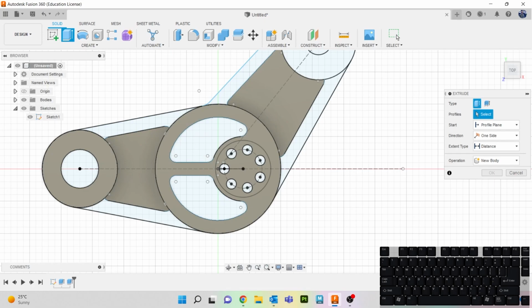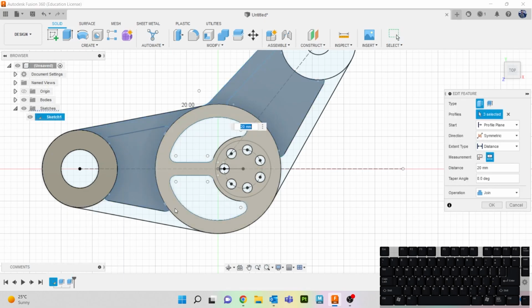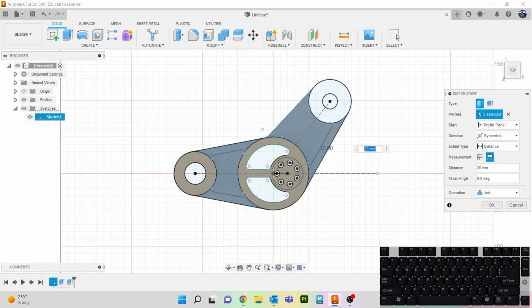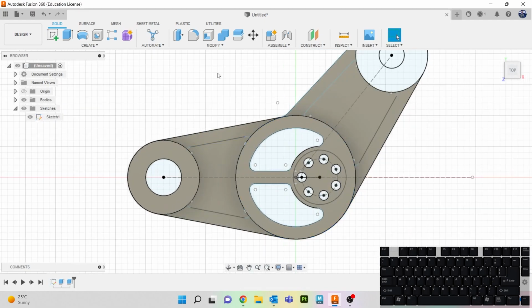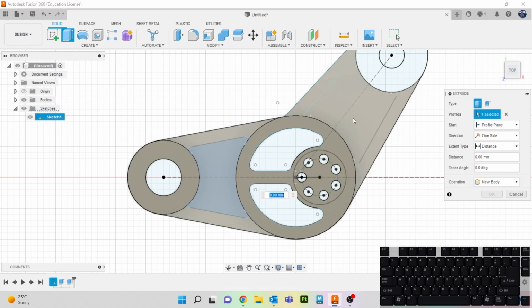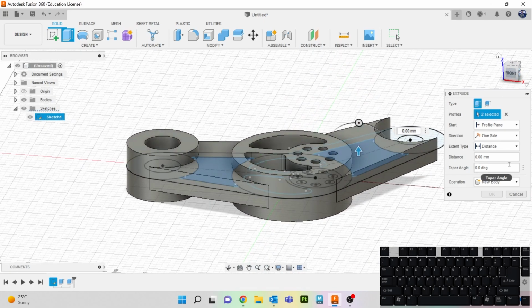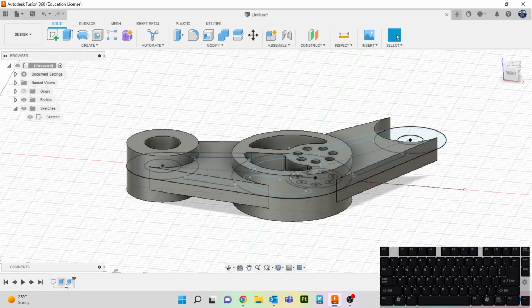Oh, I should have grabbed this profile as well. There you go. And then we'll hit E, and then let's grab that profile, and that is down 10. So in fact, hang on. Let's